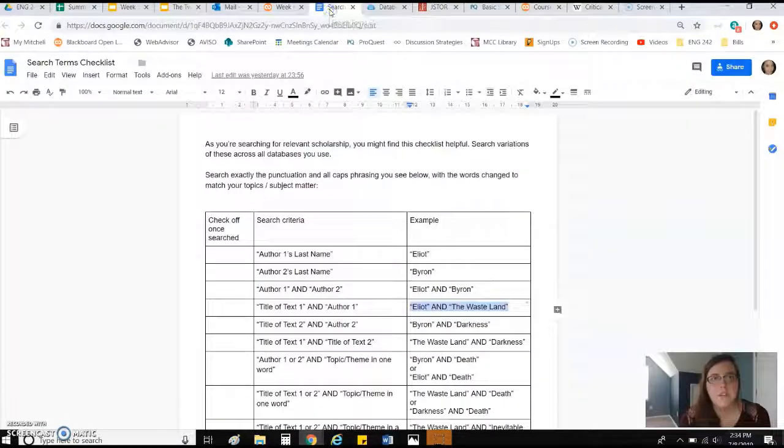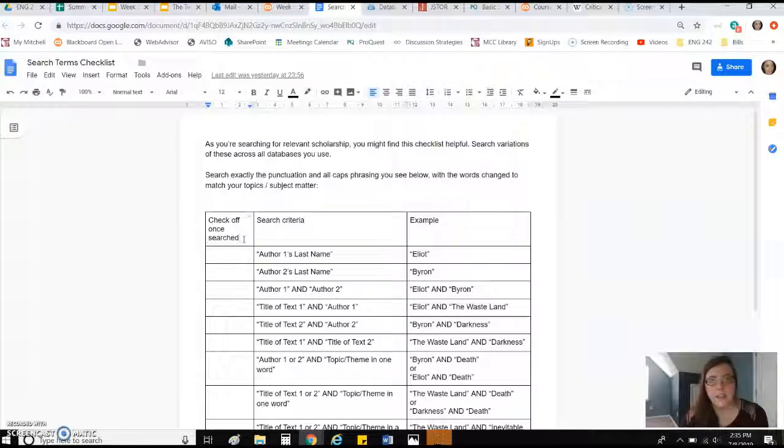So as you guys are looking for information, scholarly journal articles on both or one of the texts that you'll cover in your second essay, I just want to give you a really big list of different ways that you can think about typing in search terms into the databases. These databases are unlike Google, where you can type in a whole sentence. They go based on keywords. So whatever you type into the search term or the search field,